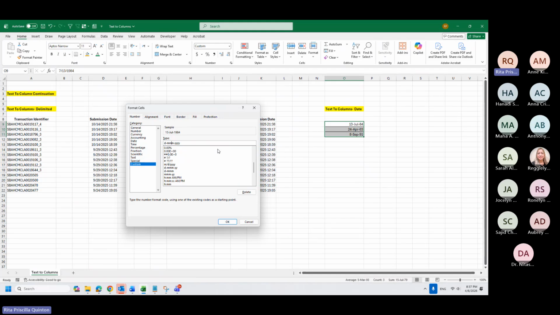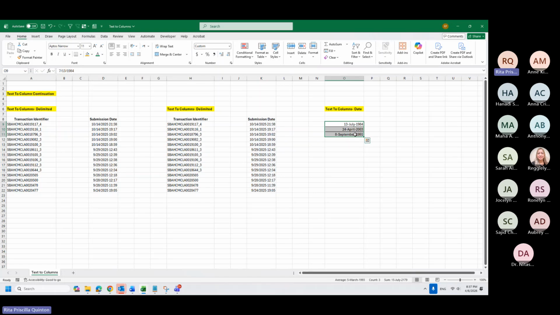But if I add another M, it will give me the full text of the month. Okay, but Control Shift 3 is just a shortcut for this. So it's day, month in text, and year.